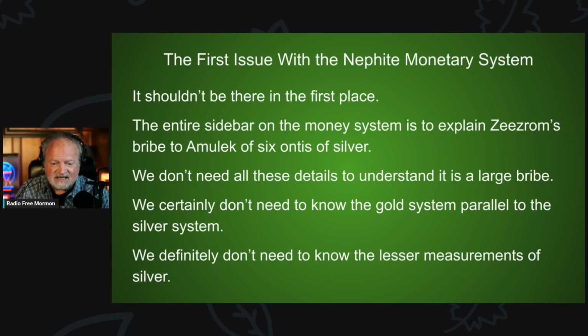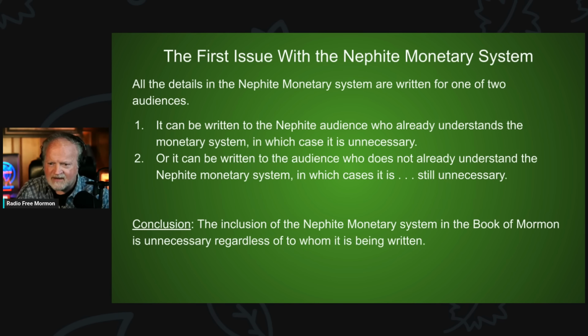In order to know that 6 onties is a lot of money, we don't have to get into your change and how much a $50 is or a quarter or whatever. Now, the first issue with the Nephite monetary system, as I say, is all the details in the Nephite monetary